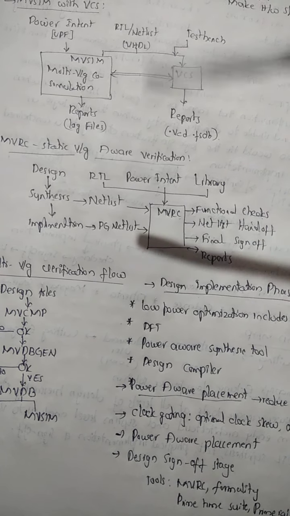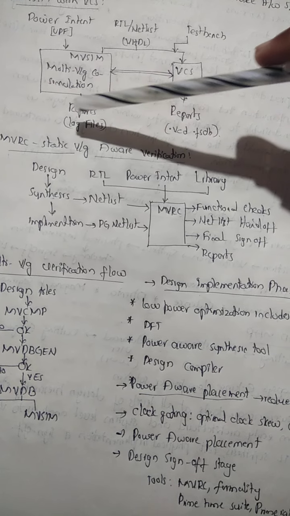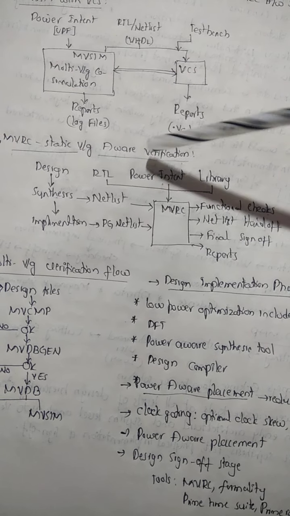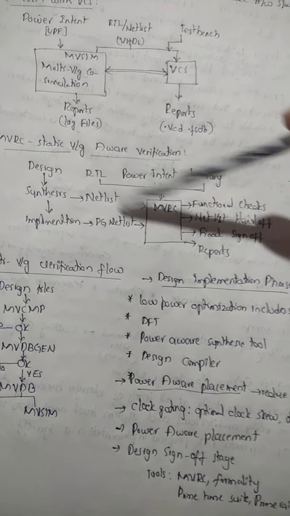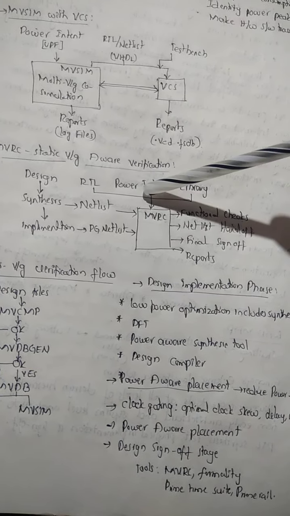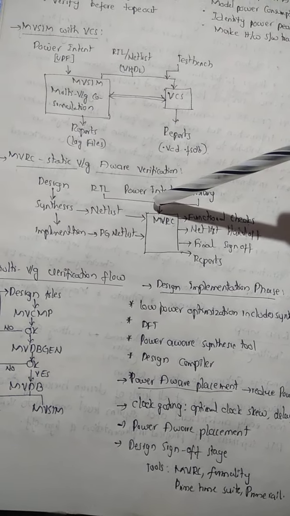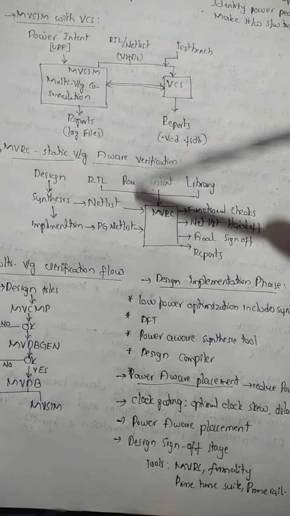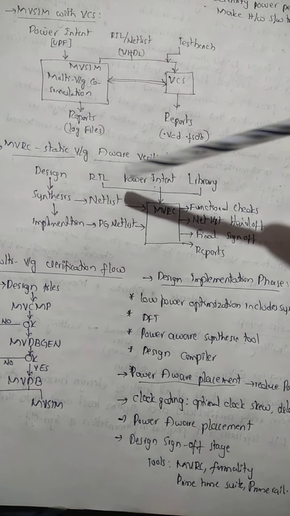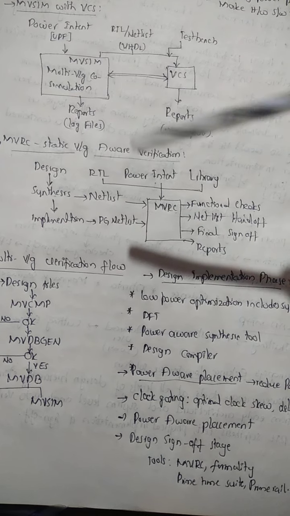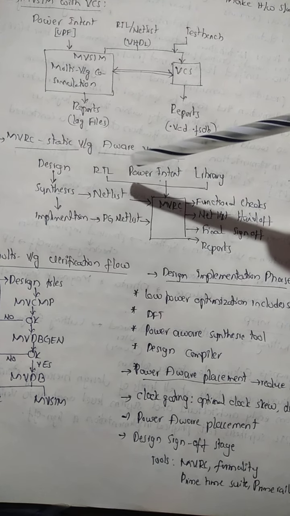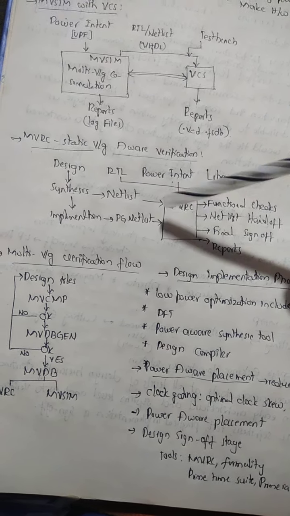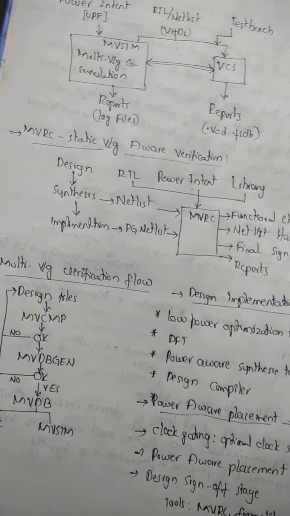MVRC validates power intent across the design flow. MVRC is able to perform checks on the power intent content consistency and can also validate global control signals. It concentrates on the correct insertion and connection of level shifters, isolation cells, power switches, and retention cells, and all these elements are synthesized, particularly in this verification.